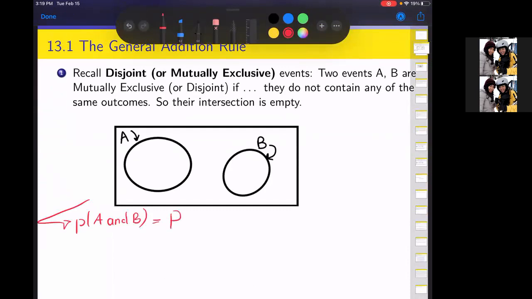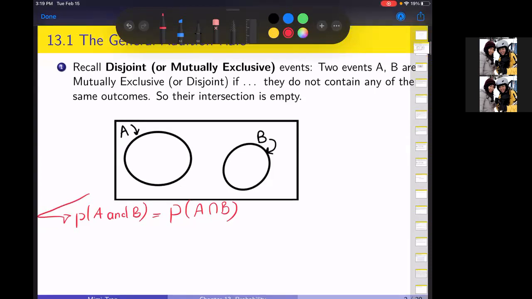By the way, a lot of the time I use notation. This is called "and." If you write LaTeX, it's like this. You are not responsible for this, but when I write it, you are responsible for understanding it, because I'm going to use notation a lot. I don't write letters because it takes longer and takes up space. So they mean the same thing. P of A and B for disjoint should be equal to